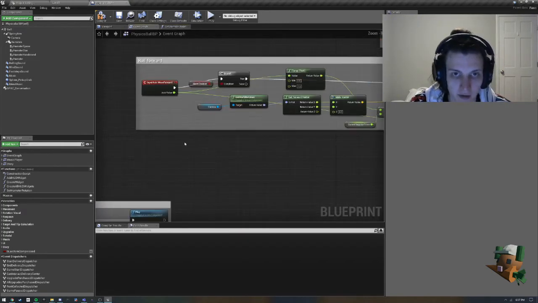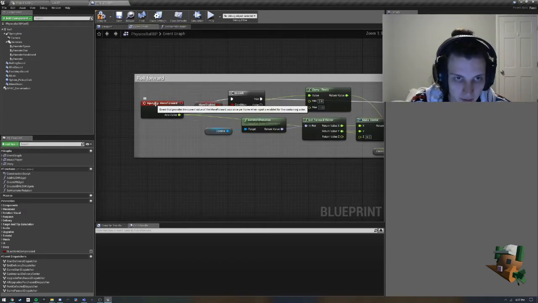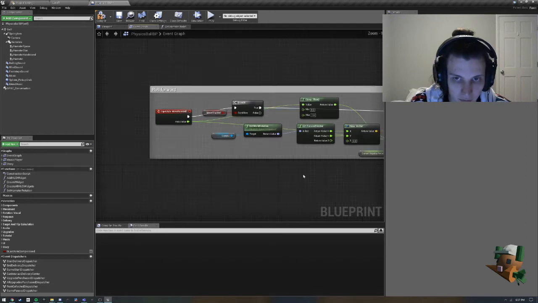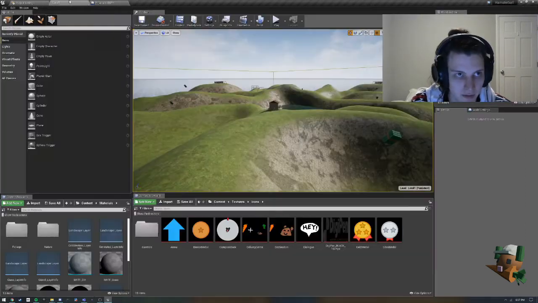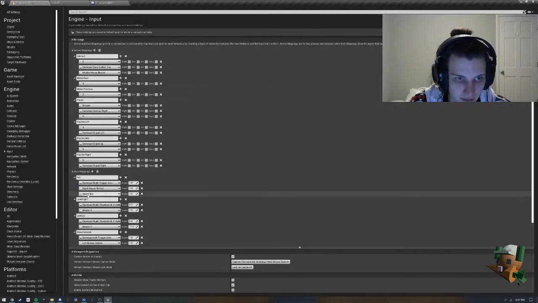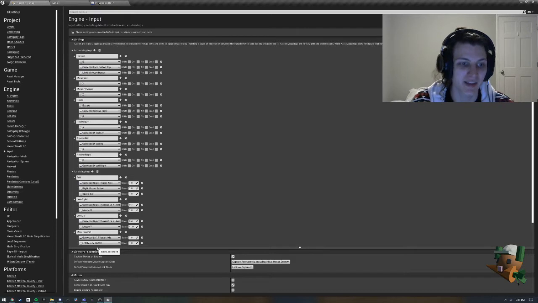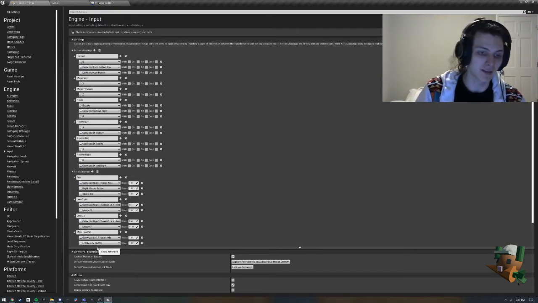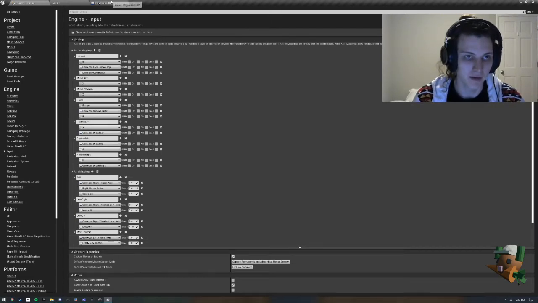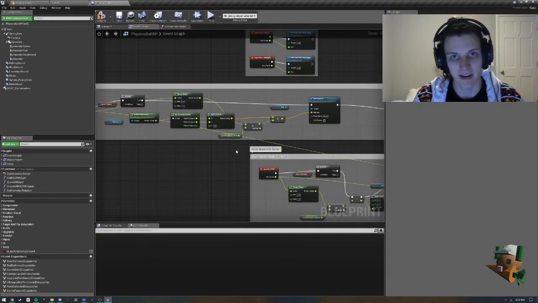So when I went in to do this in the input, I realized that for some reason move forward and fall, which, if you look at the project settings, are literally just one button. I think this is symptomatic of my game being super old, and me having no idea how things worked before. So I'm going to make these not axes, and the benefit of that will be that I can actually get the